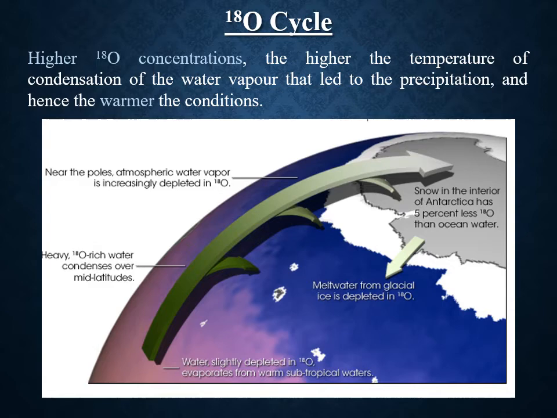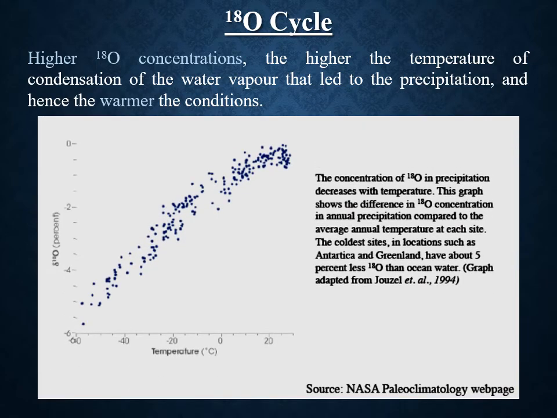Now, the fractionation of oxygen isotope also indicates the change in temperature condition, because this fractionation is very much sensitive with respect to temperature. Now, when the temperature of Earth is relatively warm,